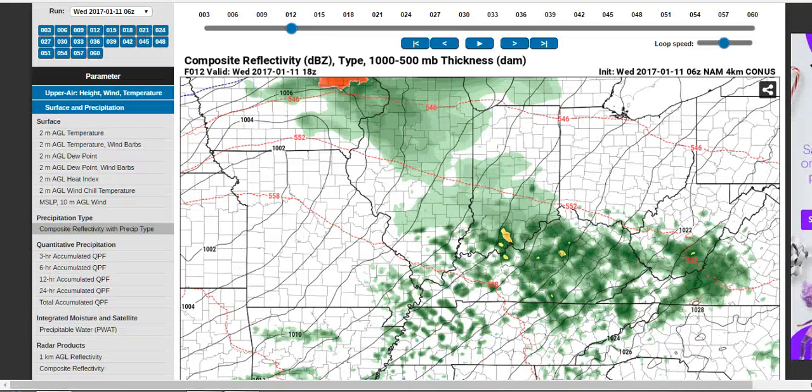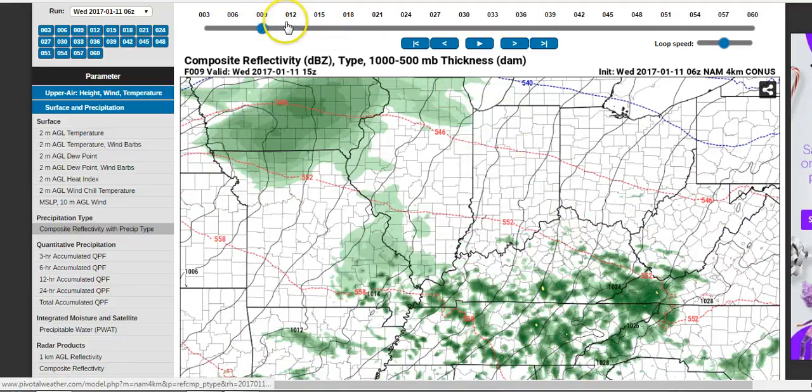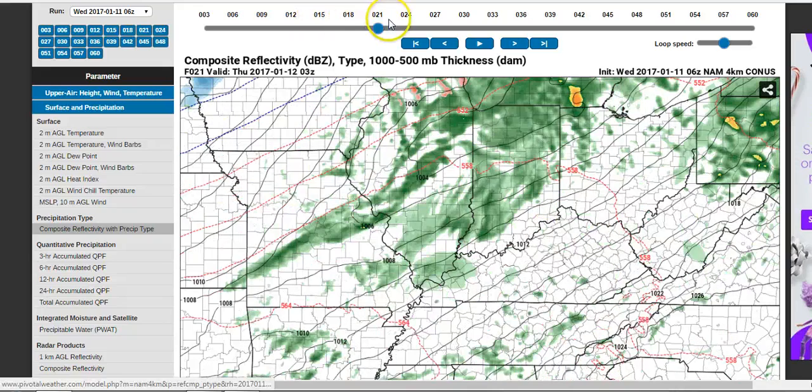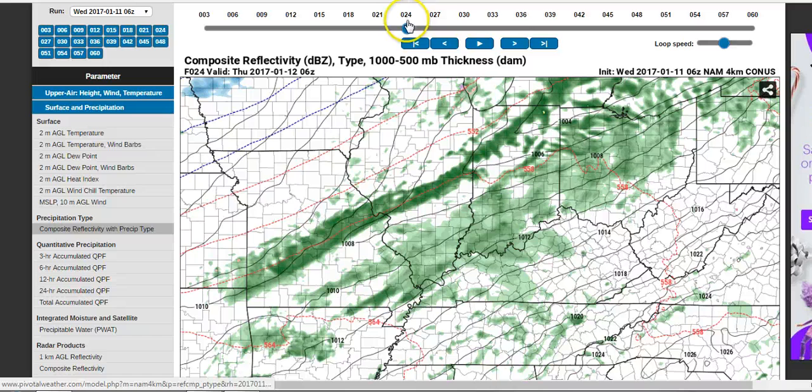Let me show you what the high-res NAM is doing, though, because there are multiple waves of rain going to be moving in, and we do look like we have an increasing threat for a little bit of light ice on Friday. Let me just show you that. So here's the radar for this afternoon, and you see there's a few of those showers around the area. Again, not an all-day deluge. We get a little bit of a break this evening the way things look before some more showers move in